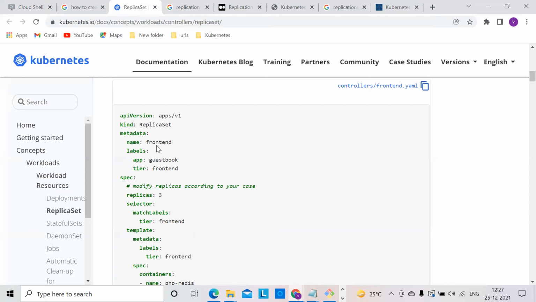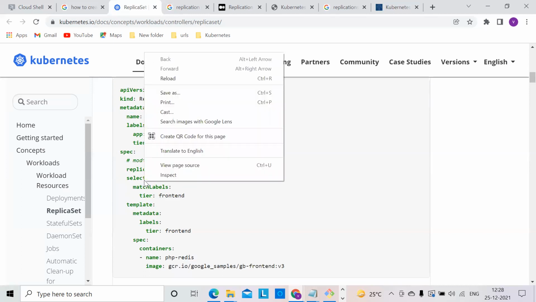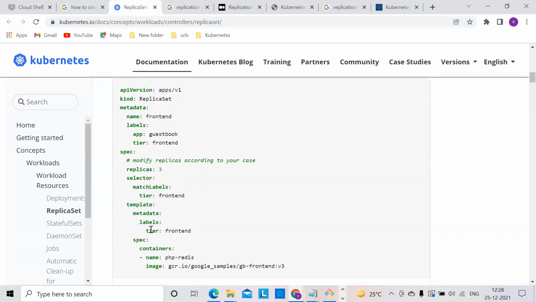ఇక్కడ ఏంటంటే ఈ రిప్లికేషన్ సెట్ నేమ్. ఈ మెటా డేటా ఇందులో ఇది రిప్లికేషన్ సెట్ నేమ్. ఓకే, ఇది ఫ్రంట్ ఎండ్ అన్నమాట. ఓకే, నెక్స్ట్ ఇక్కడ ఏంటంటే ఈ ఐడెంటిఫికేషన్ కోసం ఈ నేమ్స్ ఈ రెండు మనం ఏదైనా పెట్టుకోవచ్చు. బట్ ఇందులో ఇక్కడ ఏంటంటే ఈ పాడ్ టెంప్లెట్ లో ఏదైతే ఉందో ఇక్కడ సేమ్ ఇక్కడ కూడా అదే ఉంటేనే అప్పుడు అర్థం